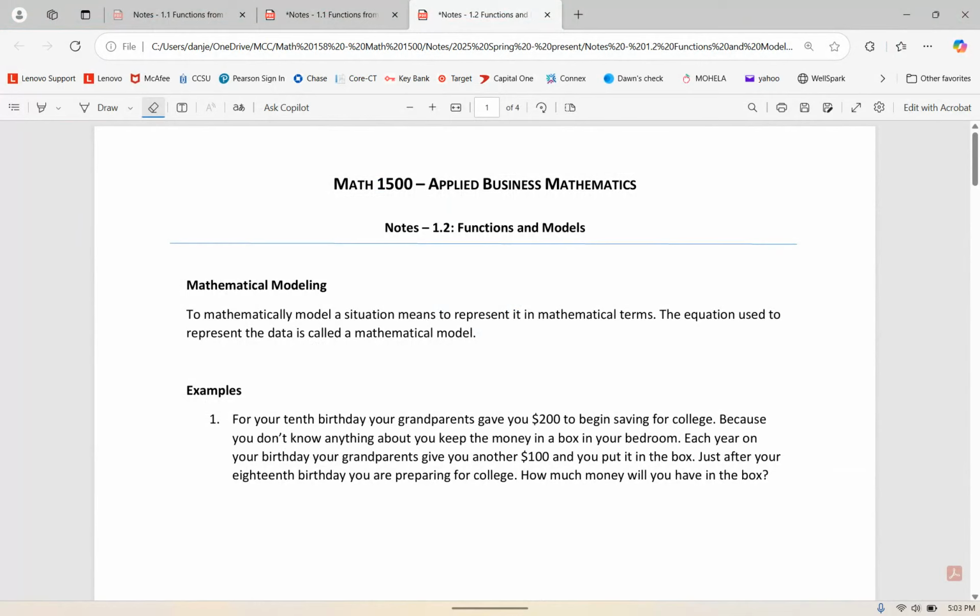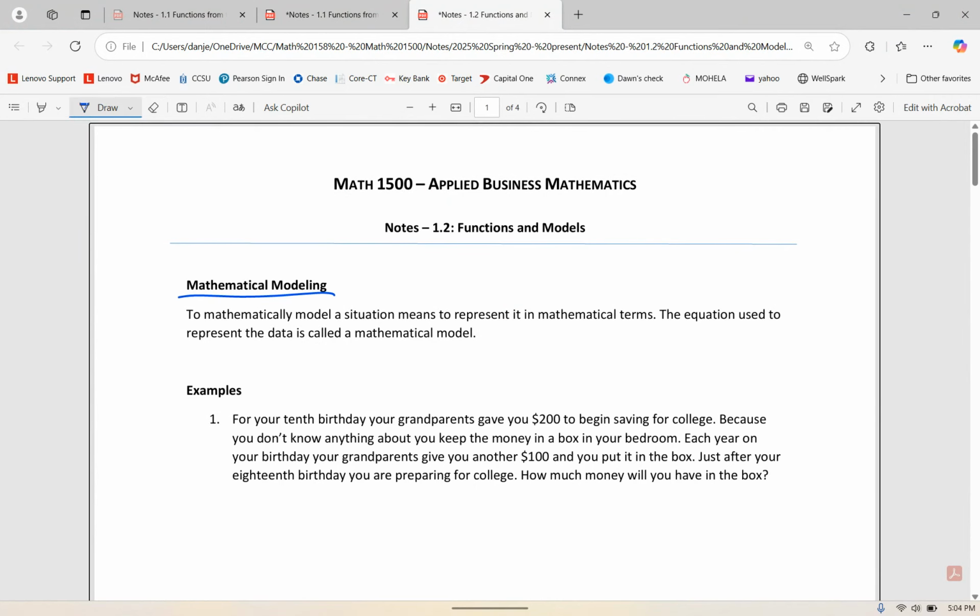I'm Mr. Jensen. We're looking at our second section of the course, Functions and Models. We're going to talk about mathematical modeling today. Okay, what a mathematical model is, it's an equation that we can use to represent data in a real-life situation,